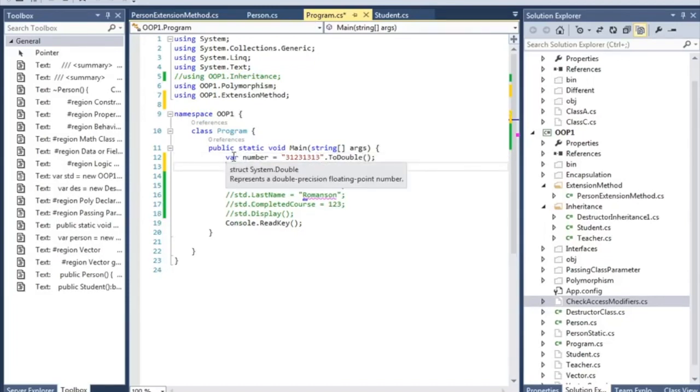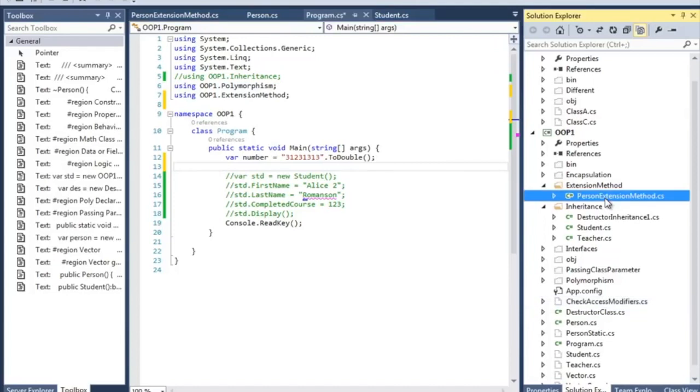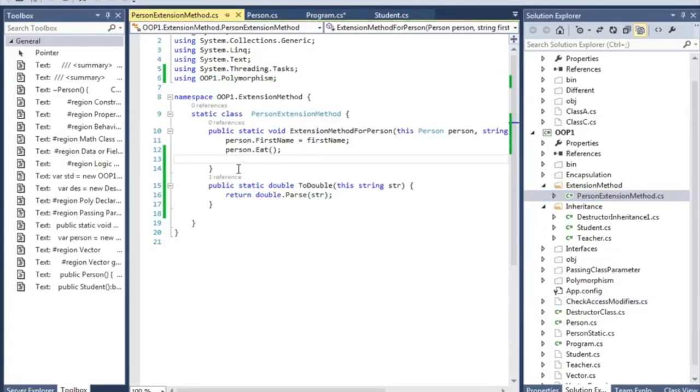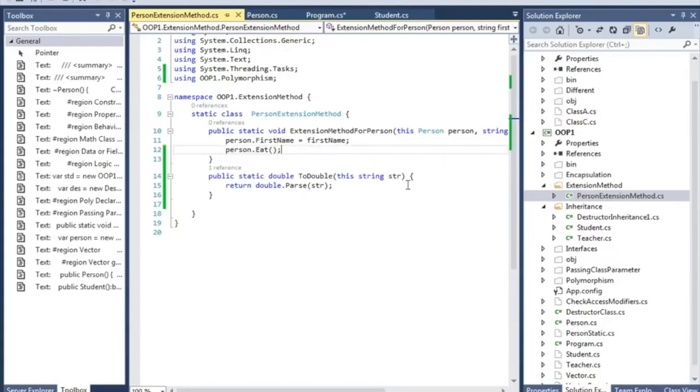Now if you hover over, you can see that it's a type of double that we just added via extension methods. So it's that simple. And another thing I really want to show about extension methods is that you can add more things to any fixed class.